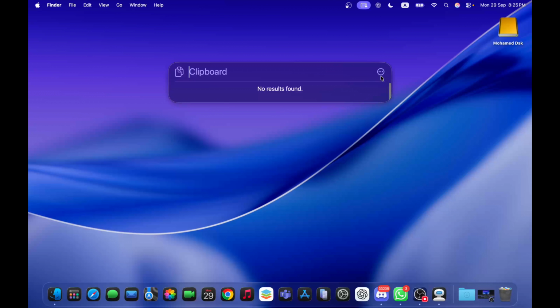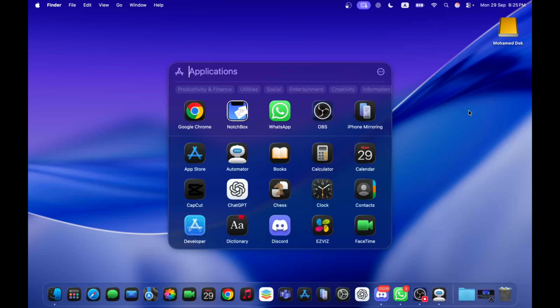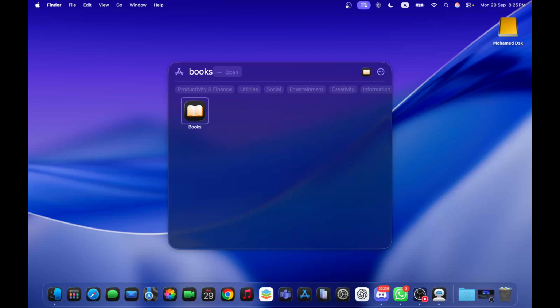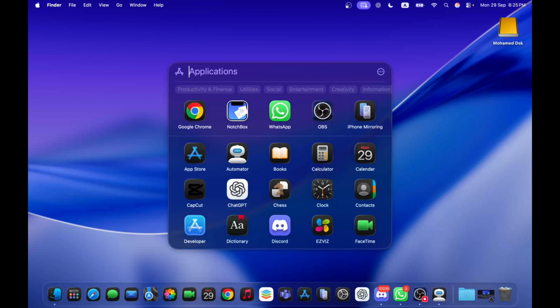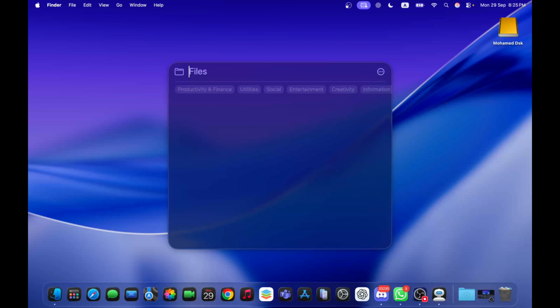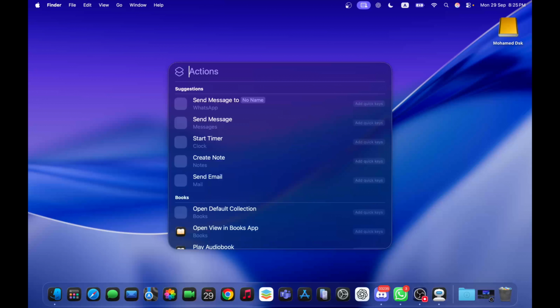Clipboard is actually a feature from Windows where you can copy multiple items and just paste from the clipboard. This is now finally on Mac. Now if you go to Spotlight Search and press Command 1, you can search for applications such as Books here, or if you press Command 2, you can search for files, for example books, or if you press Command 3, you can do actions without removing your hand from